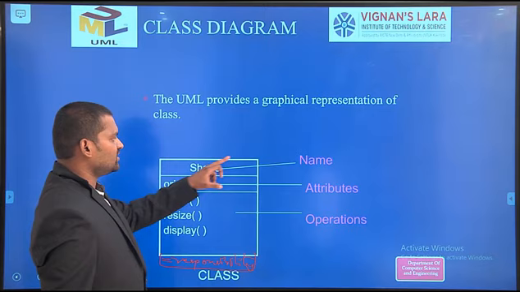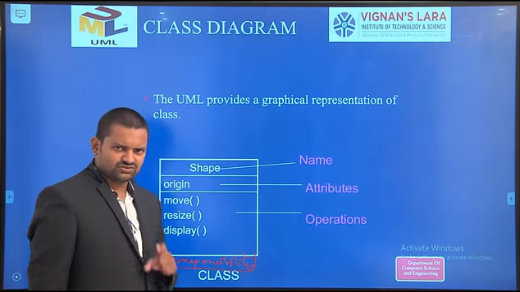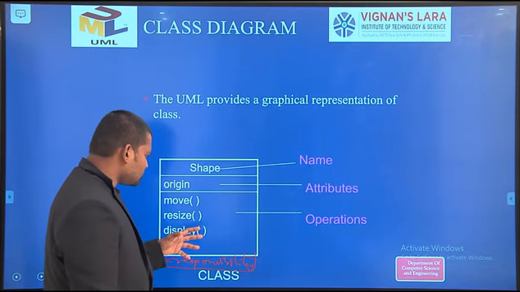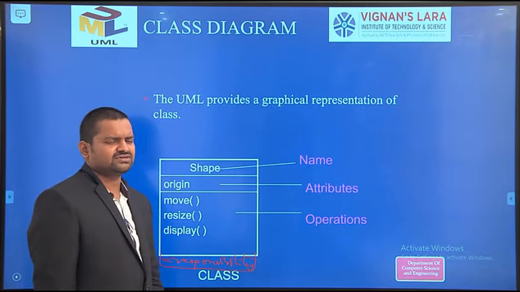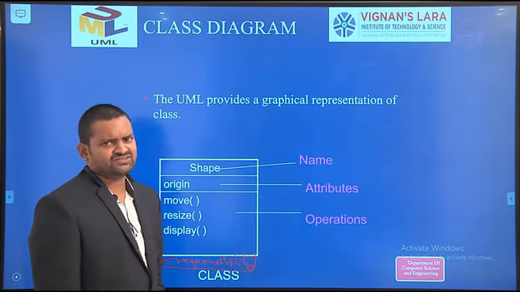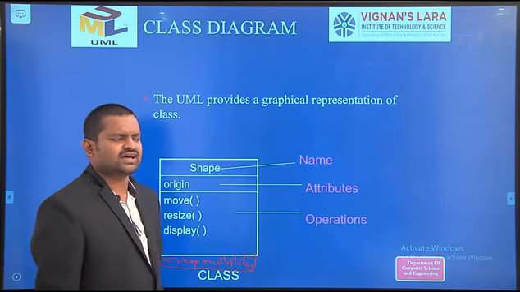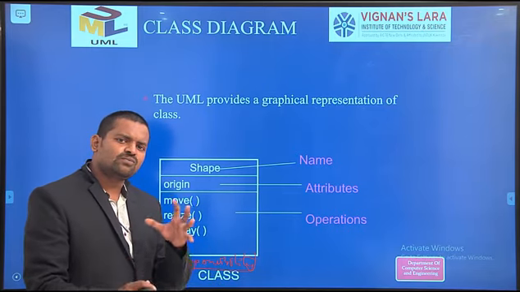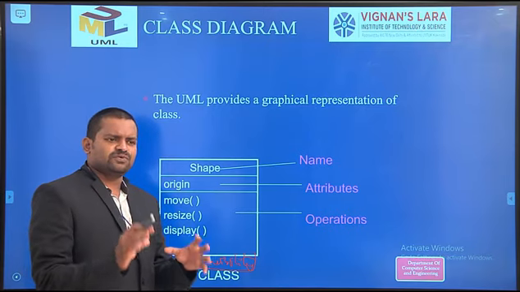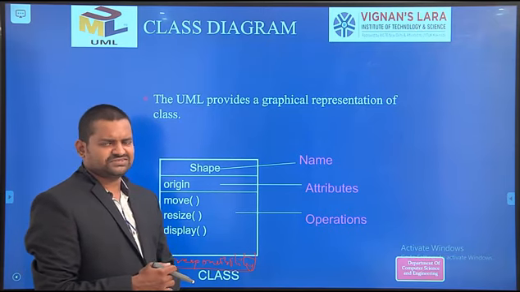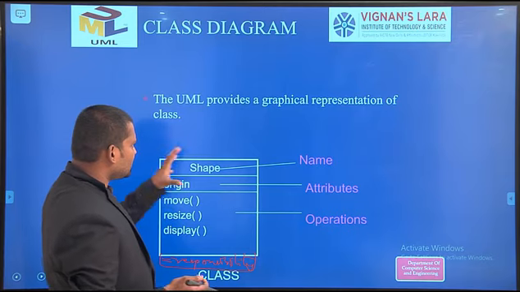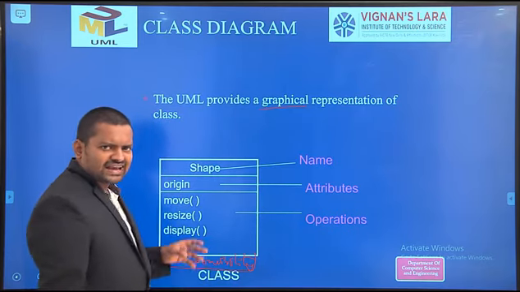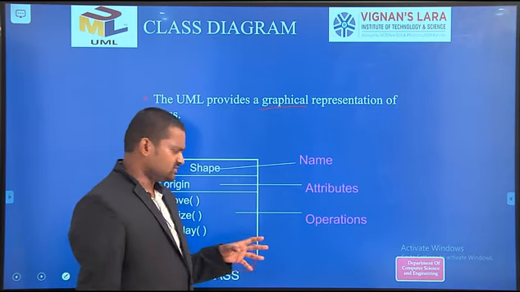See, a class has a name; every class has a unique name, and every class has some attributes. Every class has operations, which you simply call methods. A method is nothing but an operation of the particular class. The responsibility tells what the actual operation performed by that particular class is. So this is the graphical representation of a class in object-oriented analysis.